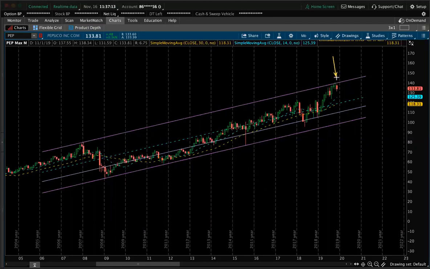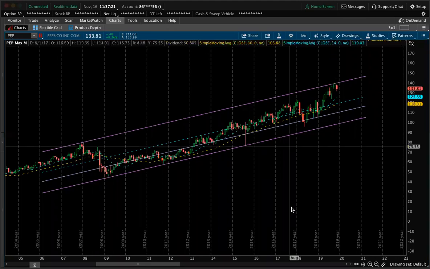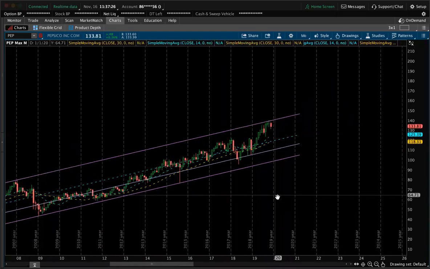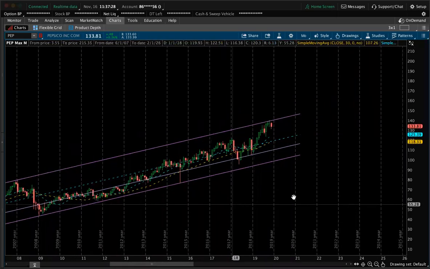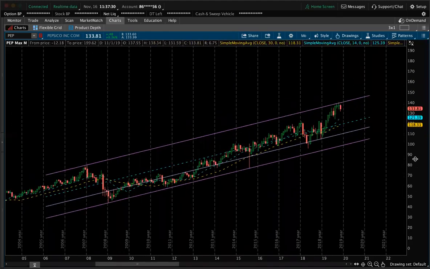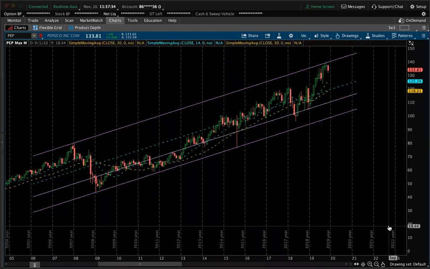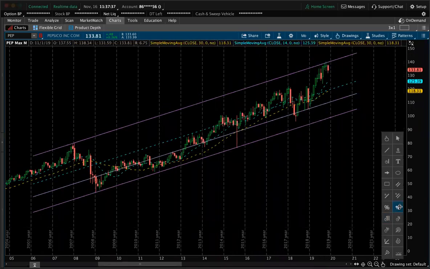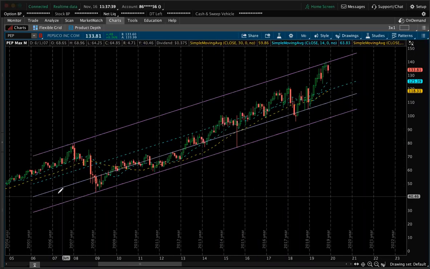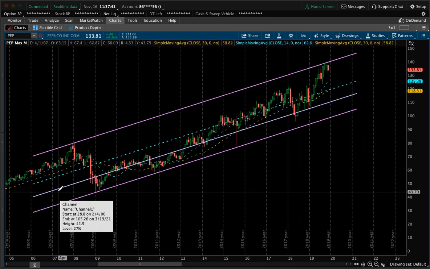Now that we have this trend line going on here, now I'm adding my extensions. So let me get rid of my annotations. Now we're going to bring this chart in a little bit closer. And how I work with extensions, I literally start from where the trend line started. So that 2008 low, I'm going to do an extension from there, right? And I keep moving the extension up as time goes on.